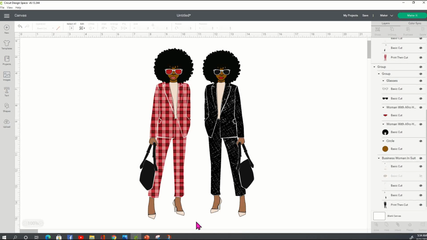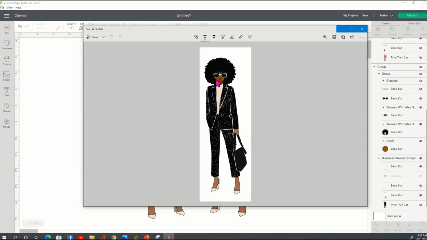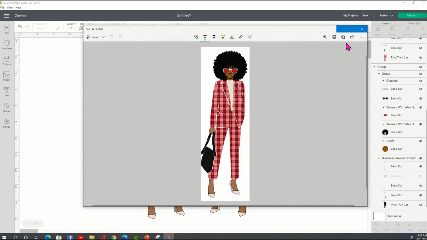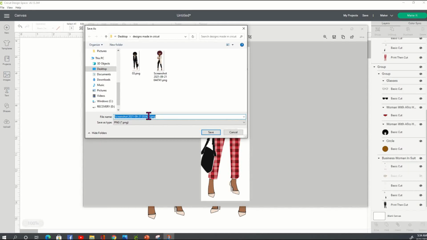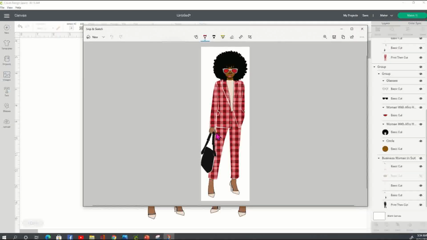Okay. And it's going to place it right inside the snipping tool for you. And you're going to click on the Save As. Then you're going to name your file wherever you want to put it on your computer. I'm going to call this one 03 or 04. All right, so now what we want to do is, now that we've designed our image in Cricut Design Space,